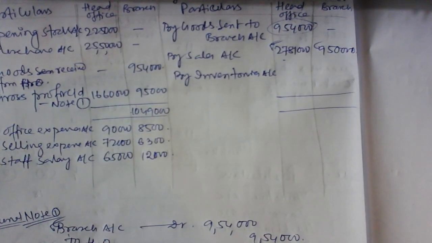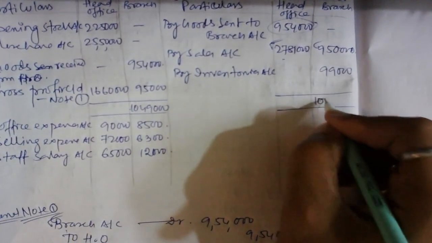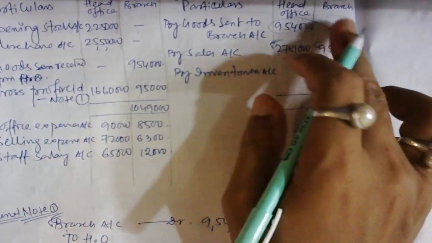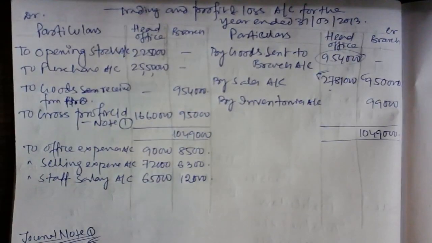So I am getting a figure of 99,000. Okay. So I am getting a figure of 99,000. So closing stock is 99,000 for them. So 10,49,000 is a closing stock for branch. Okay, 99,000. Now, if we calculate the debit side of the HO, then it will be 2,25,000